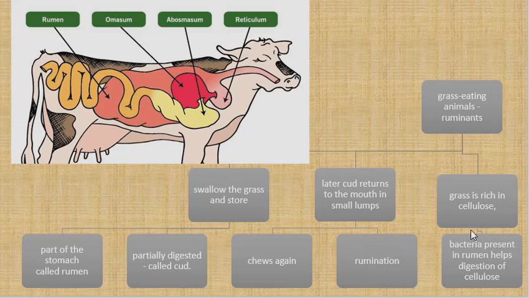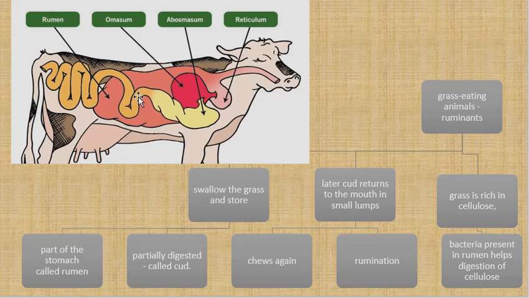So this is taken back. Why does this need to be done? Because of the speciality of the grass. What is special in grass? Grass is rich in cellulose, and the bacteria present in the rumen help the digestion of this cellulose. Directly you cannot take the grass to the stomach, to the intestine for digestion. So the grass is soaked in a large swarm of bacteria in the rumen. When the grass is soaked in that bacteria for some time, the bacteria help digestion of the cellulose, and